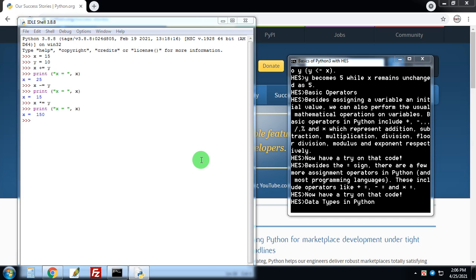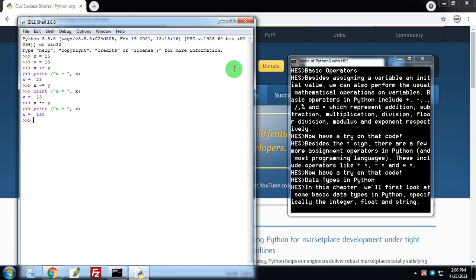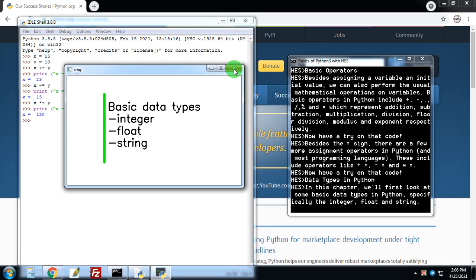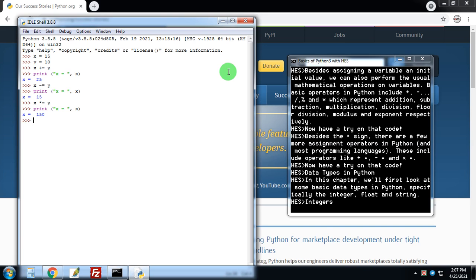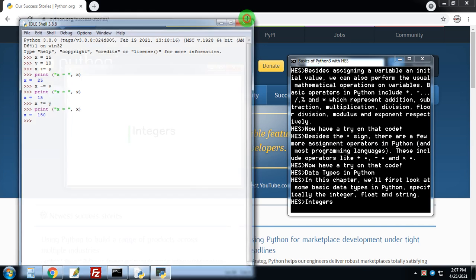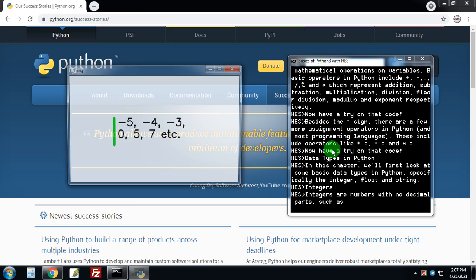Data types in Python. In this chapter, we'll first look at some basic data types in Python, specifically the integer, float and string. Integers. Integers are numbers with no decimal parts, such as